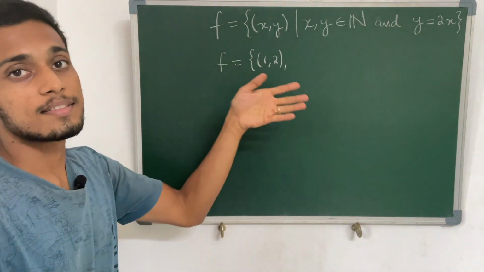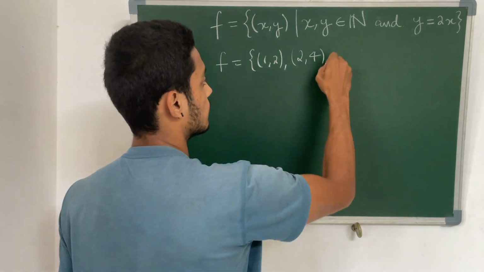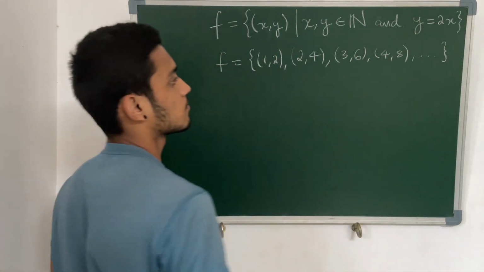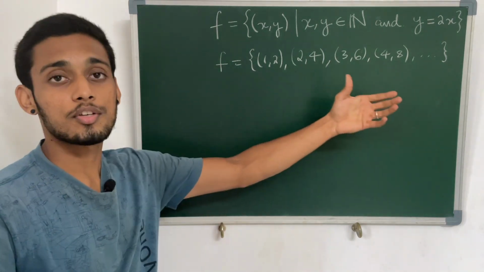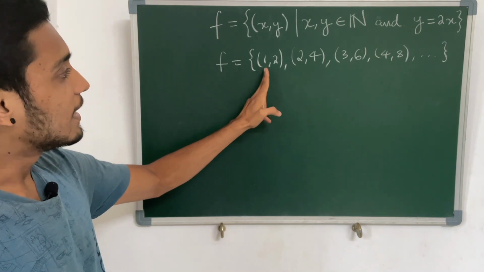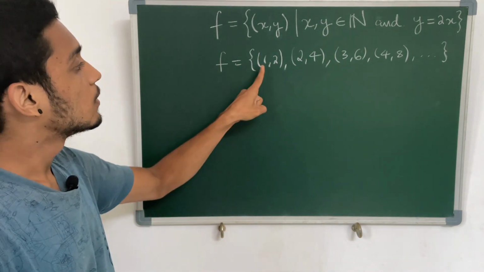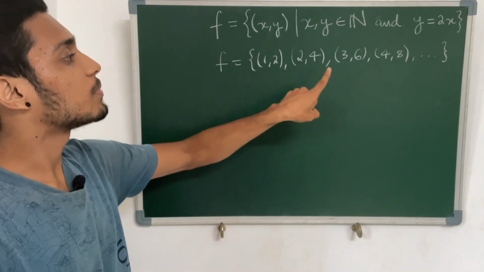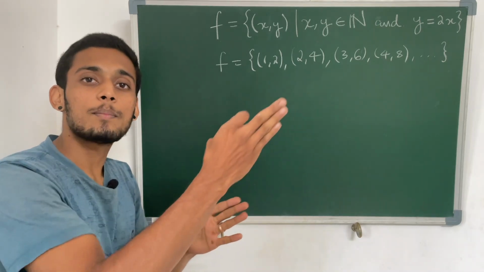The second ordered pair in the same way is 2 and 4, double. Okay, so when you start listing down the elements, so I'm writing it in the roster form, I see that for every element, that is 1, so we are taking a set of natural numbers. 1 is mapped with 2, 2 is mapped with 4, 3 with 6. It's not possible that one element is mapped with two elements.